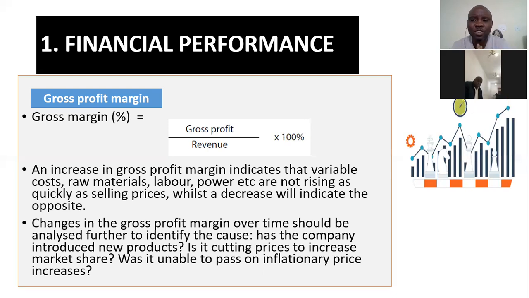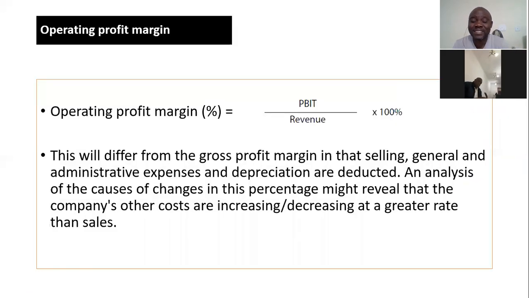So we are done with gross profit margin. Today is just the explanations. Then we look at the operating profit margin. Under the operating profit margin, here now you're bringing in other operating expenses, not the primary expenses, because the primary expenses are cost of sales. So you're bringing in admin costs, you're bringing in distribution costs,